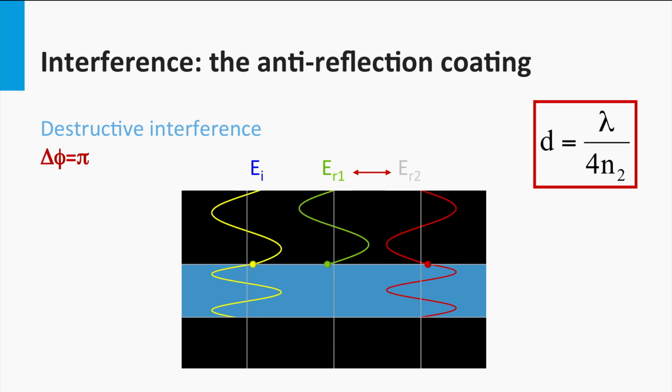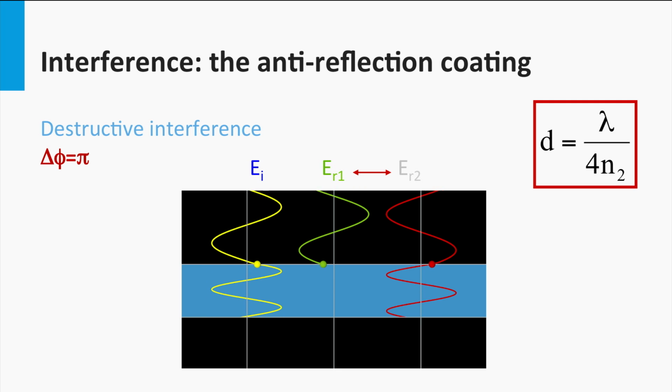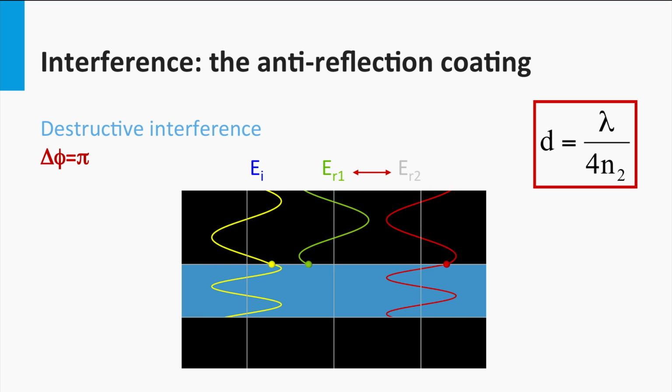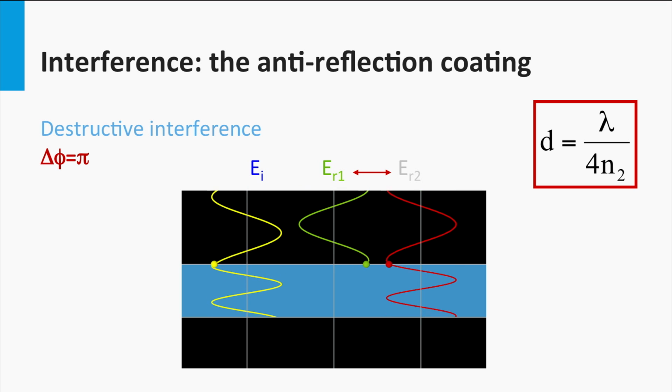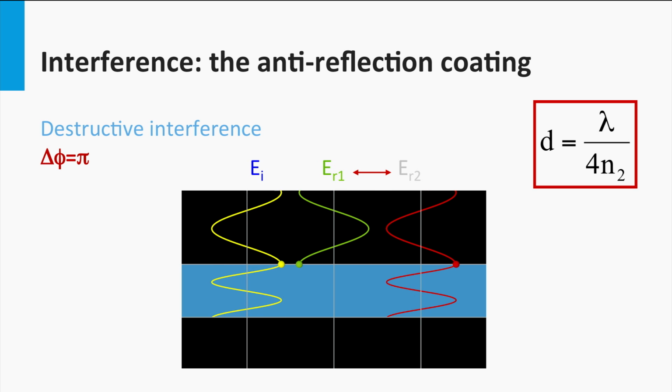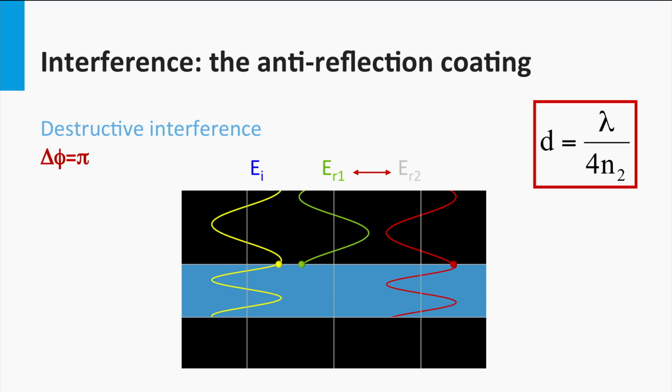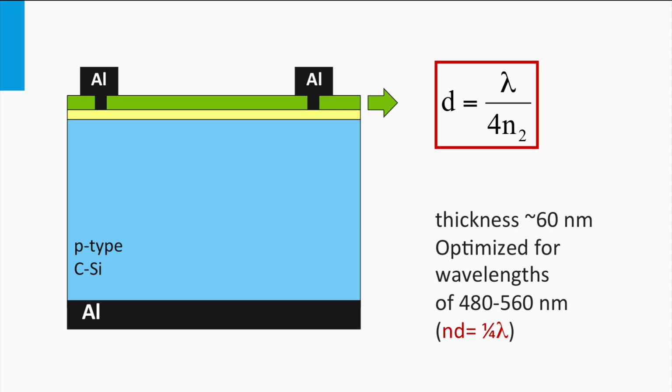Secondly, using the concept of destructive interference, we can choose the thickness and refractive index of an anti-reflection coating such that in a certain wavelength the irradiance coupled out of the solar cell is minimized. The light reflected from the front surface is in antiphase with the light reflected from the back surface as discussed last week. The thickness of such layers should be the wavelength divided by 4 times the refractive index. If we take a refractive index of 2.1, we arrive for light of 500 nanometers at an optimal thickness of 60 nanometers for an anti-reflection coating based on destructive interference.